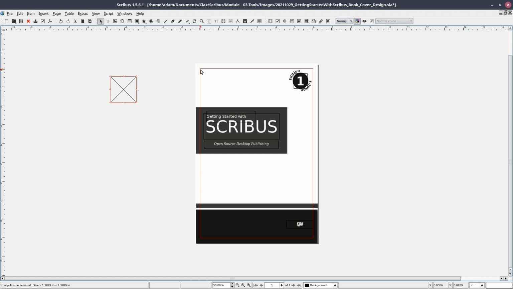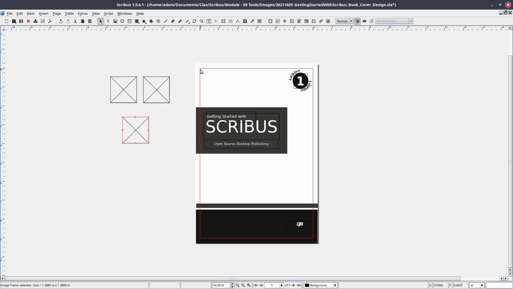Another means of adding an image frame is from the shortcut ribbon. Select the image icon. It looks like a picture of a mountain and a sunset. And just like before, we can use our computer mouse to draw a rectangle onto our workspace for the image to fit inside. And finally, you can use the keyboard shortcut. By pressing the letter I on the keyboard, you'll notice the change in your mouse icon, indicating that you can use your computer mouse to add the frame to the workspace.